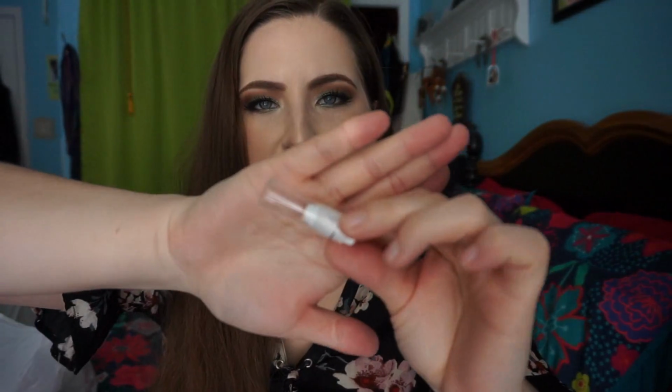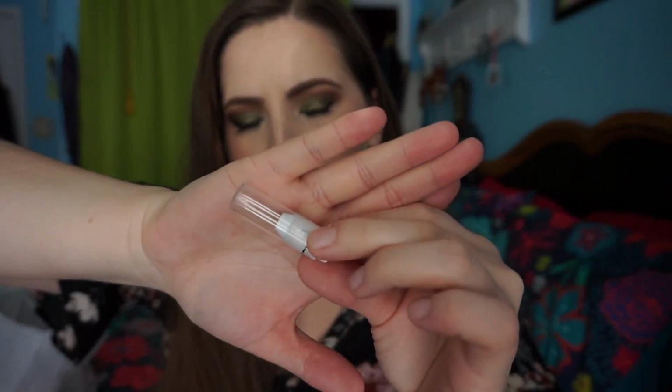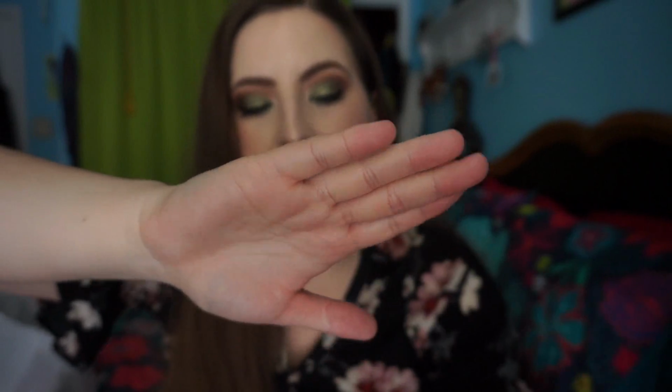I used up a NYX Jumbo Eyeshadow Pencil in Milk, and this is just a white crayon base, and it made my eyeshadows pop really well. I use this with all of my bright eyeshadow looks, and I've really liked it. This lasted me, I would say, maybe about like 6 months or so. I would repurchase it. And finally, for my Makeup Empties, I have 2 brow products, and this one is a